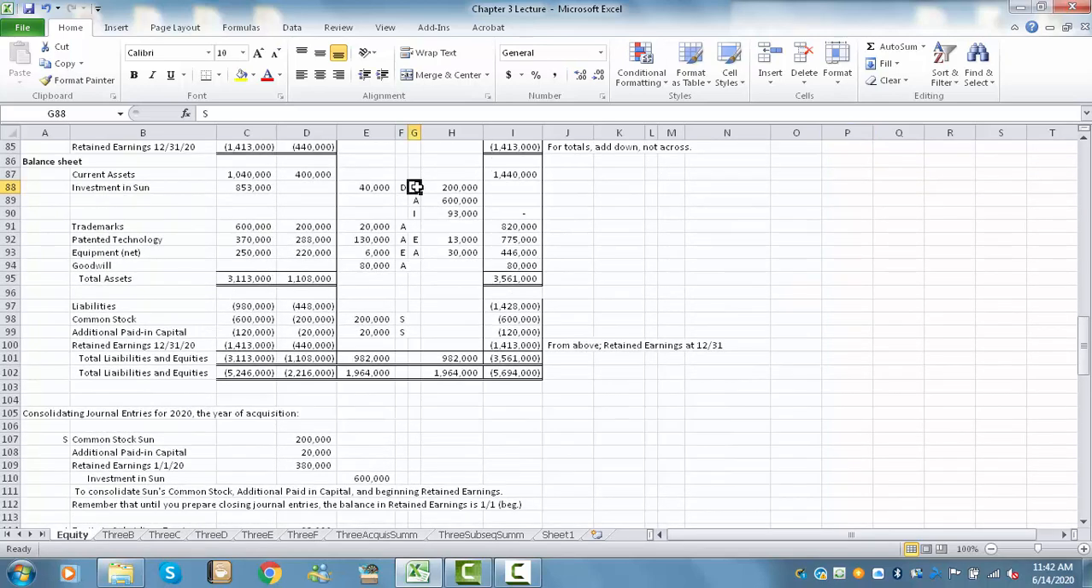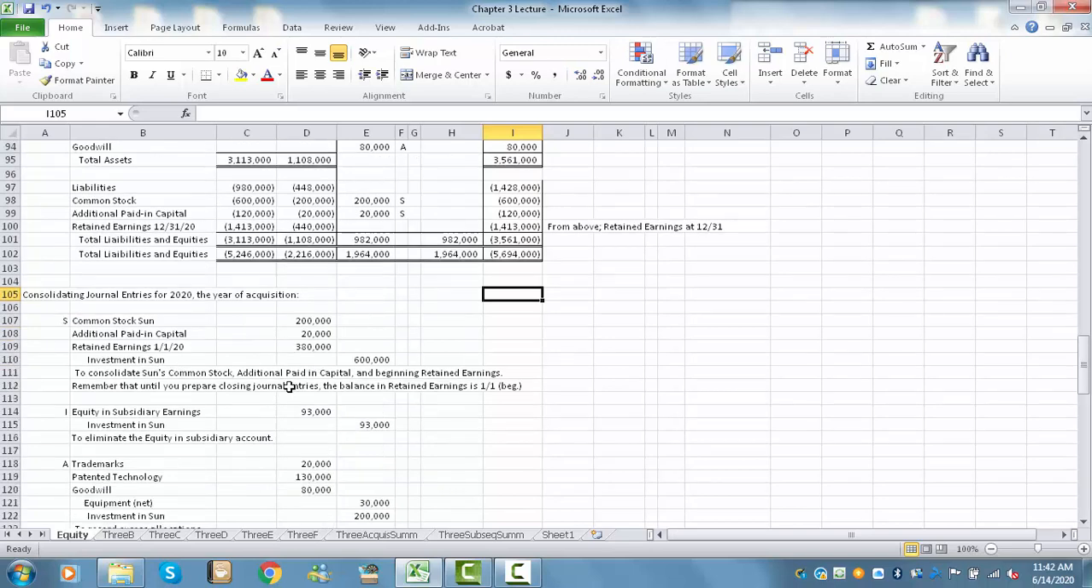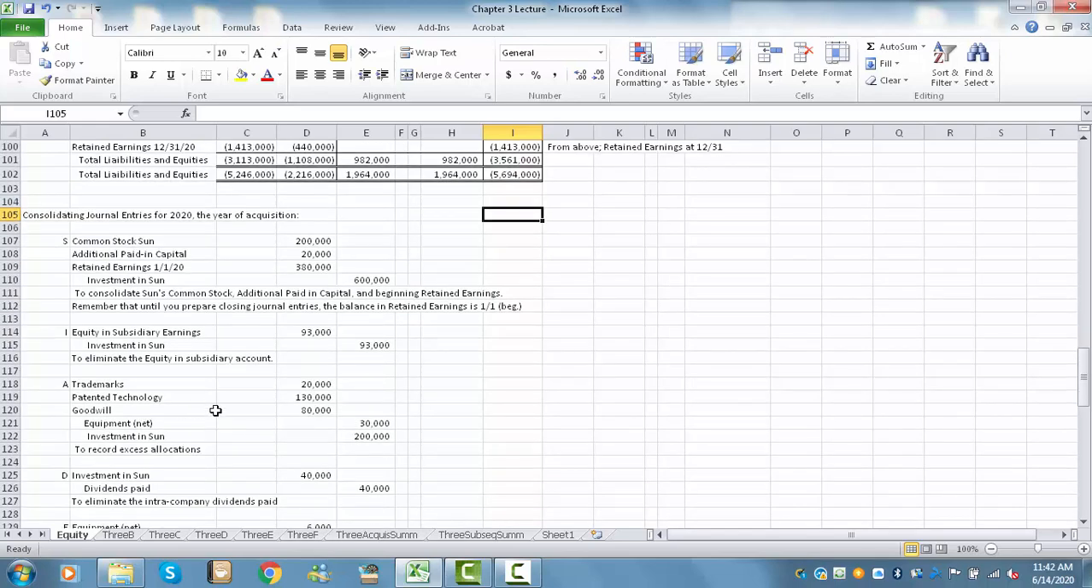Yes, that should be A, and that should be S. All right, so they should at least look right. Okay, so there's your $600,000. Then the next thing we wanted to do is get rid of the trademarks, the patents. We don't want to get rid of, we want to write up to fair value, or write down to fair value in the case of the equipment,